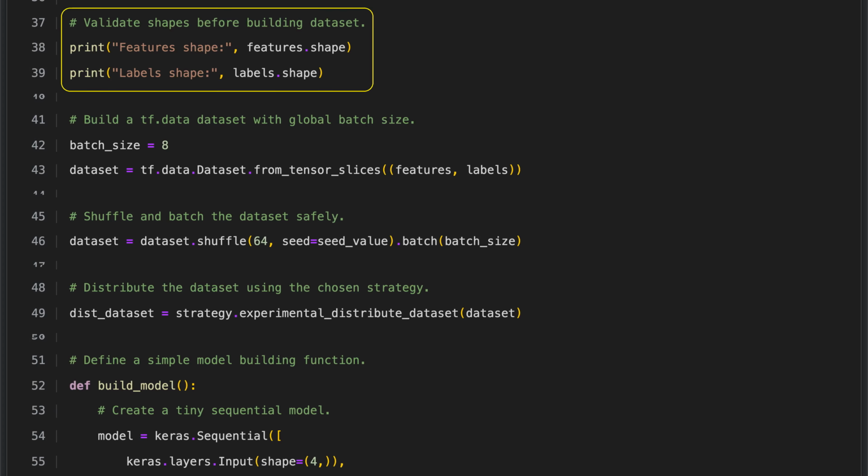We start by printing the shape of the features array to confirm it has the expected dimensions before building the dataset. Then we print the shape of the labels array to check that it matches the features. Verifying that these shapes align is essential, because any mismatch would cause problems and reduce the accuracy of the model